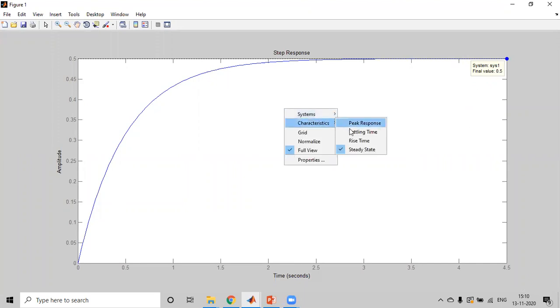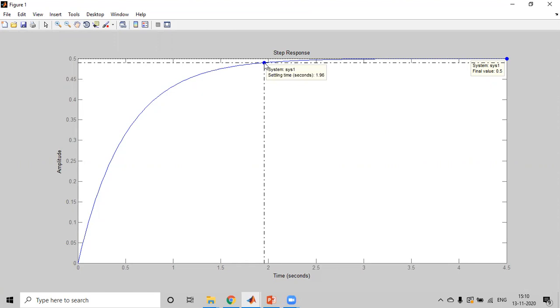What about the settling time? Check what settling time we are getting. 1.96 seconds is the first case, first system. And you can check our time constant, this one is 0.5. So at the time constant, you can check the magnitude. At any time period, you can check the magnitude. Almost 0.5, you're getting 0.319 as the amplitude. On this one, settling time is 1.98 seconds.